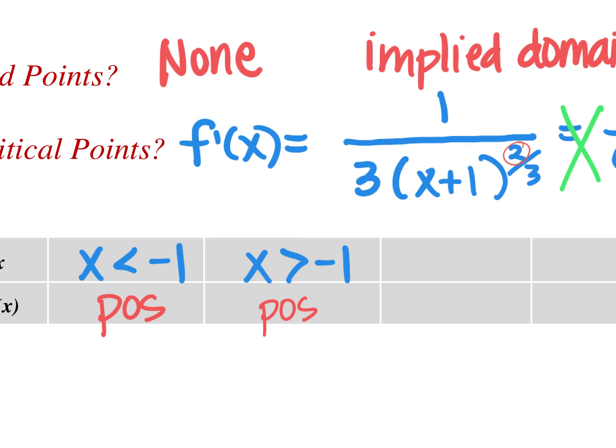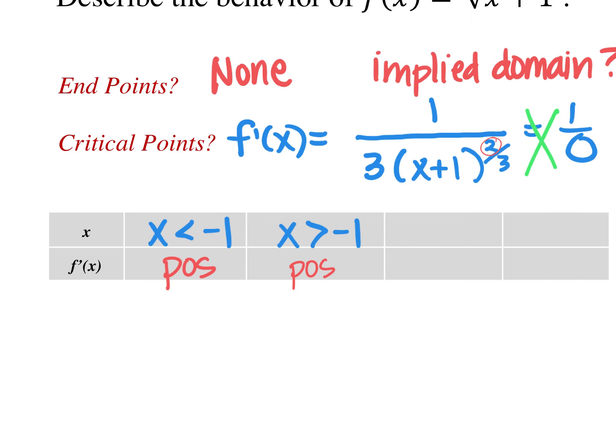Why? And your reason has to say the word change in it. Okay? Because there's no change. There's no change in the direction. There's no change in the slope. So there are no maxes or mins. If you want to say that there are a max or a min, you have to tell me where the change is happening. Okay, there is no change here, and so there is no local max or min